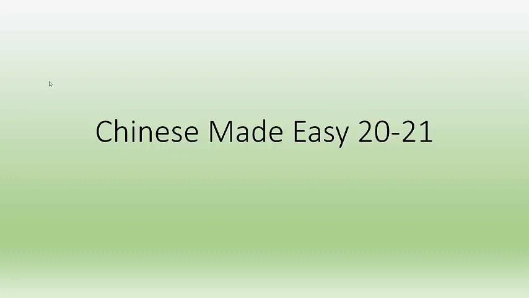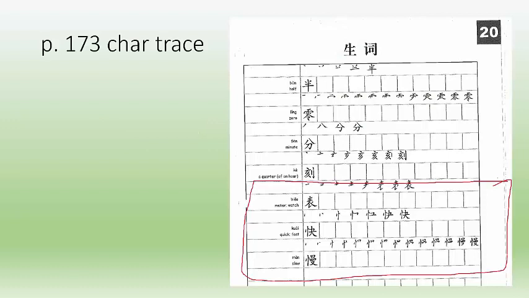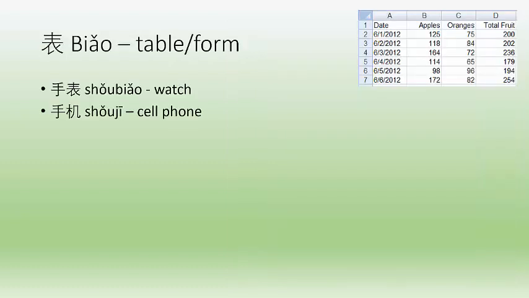This video is to introduce the characters from Chinese Made Easy, Part 20 and 21. Now, since we already learned the characters for most time words, you don't have to trace those. You only have to trace the bottom three on page 173. The first one on the bottom of page 173 means table, not a table that you would eat off of,